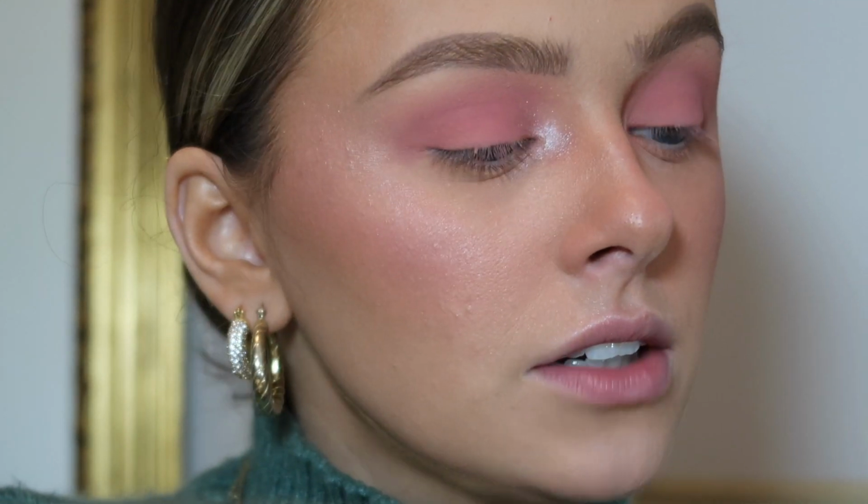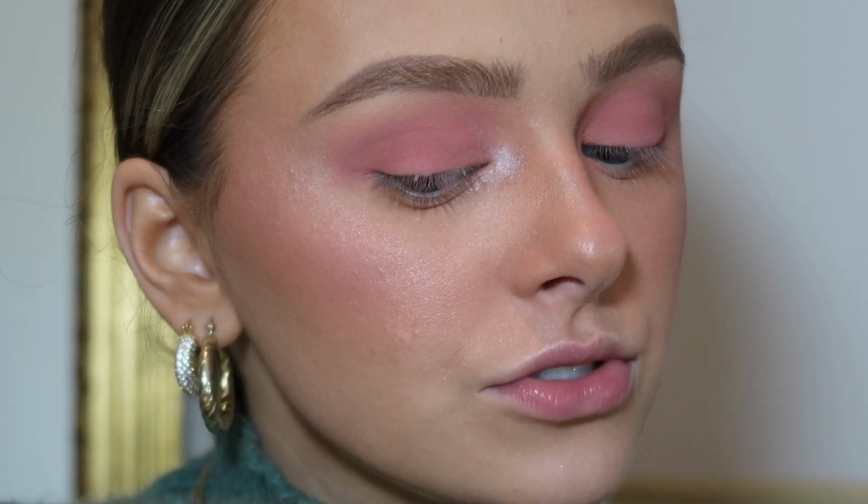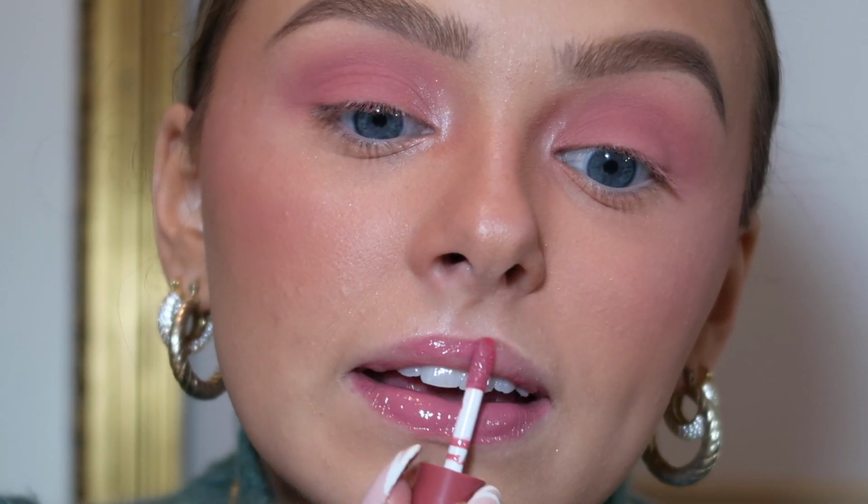I kind of think we're gonna leave it at that because that's super simple. Anyone can do it. You guys want soft and natural. So let's put on the lip color. Let's see how the lip color looks and then we'll see if we need to add anything. So we're gonna go in. We're definitely,